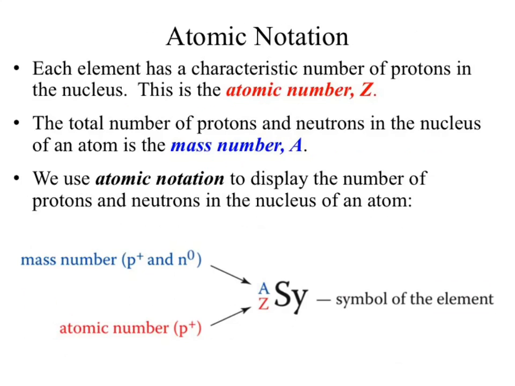So in most cases, we can ignore its contribution to the weight. So our mass number at this point would just represent protons, except, what's that extra particle? Neutrons. That neutron is also going to contribute to the weight. Remember, it weighs the exact same, relatively, to a proton. It just has no charge. So when we're looking at our mass number, it's the sum of both the protons and the neutrons, whereas our atomic number just tells us the number of protons. Okay? This is known as atomic notation.